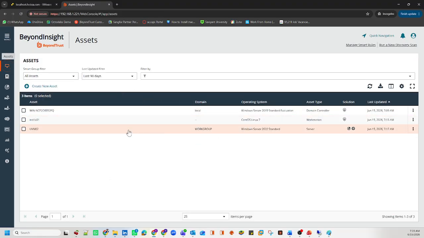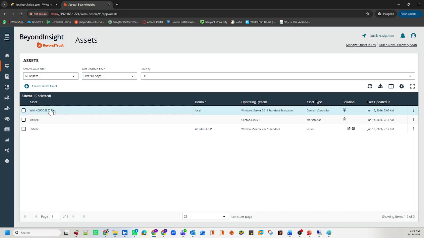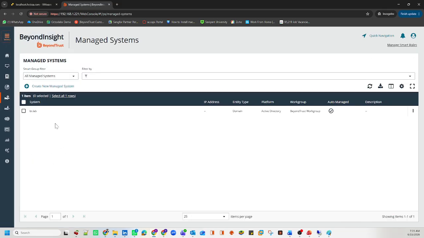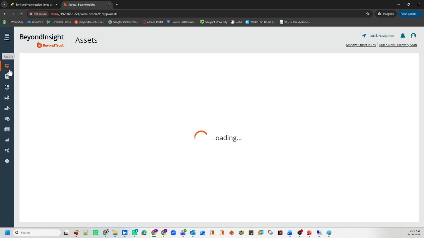So this is just what we built, we just ran the scan. This account is not under management. Okay, you can see here this server is there, but when you go to the managed systems, all the managed systems will appear here. If there is any system that is actually managed by BeyondTrust, you will see it here. So I'm not able to see any asset there, because we just ran the scan,